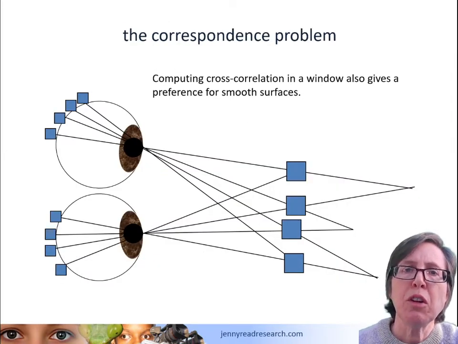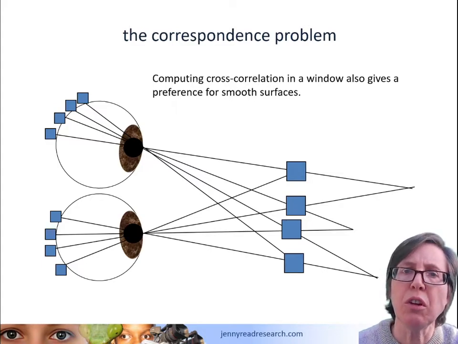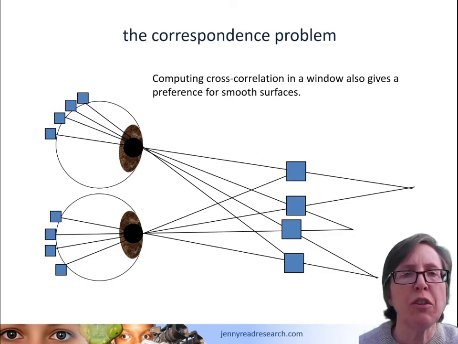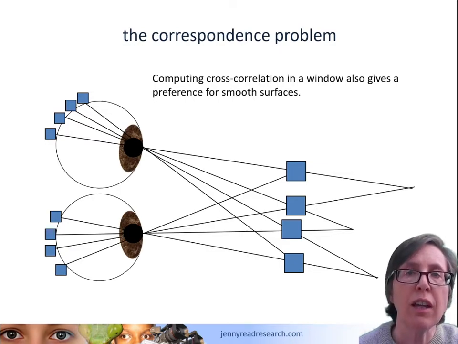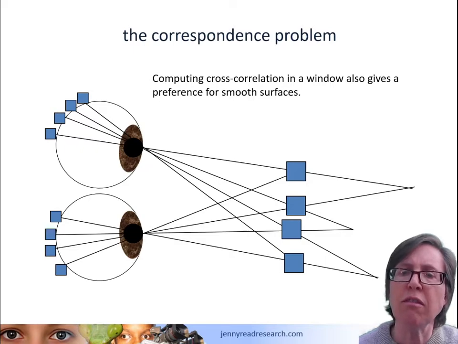Now it turns out that if you compute cross-correlation within these little local image patches like that, that also automatically gives you a preference for smooth surfaces. So it gives your visual system a kind of bias towards perceiving these smooth surfaces, and that's quite useful because the world tends to be made up of objects where distance is generally changing rather slowly. It may be changing because the object's slanted with respect to your point of view, but in general you don't see clouds of random points